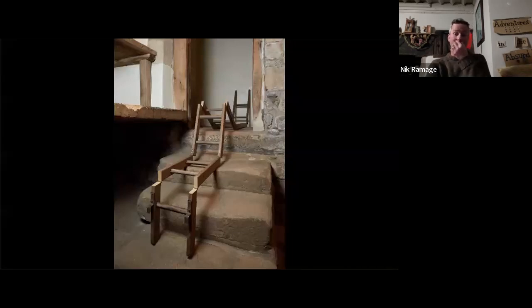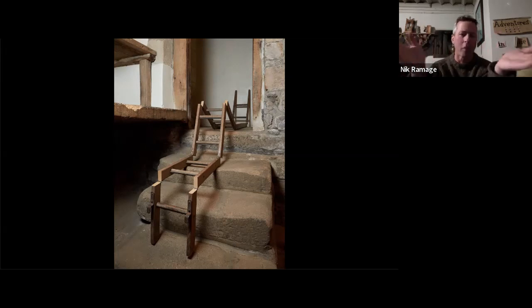So a ladder, more messing with function. It's almost like you can see the thought process. Oh yeah, wouldn't it be good if ladders could be a bit smaller so we could transport them more easily? So I'll pop hinges in, and I've achieved that, but it's become lethal in the process. The proper design solution you get now is telescopic ladders with proper locking, and great, they do the job. That's a proper solution to the same thing.